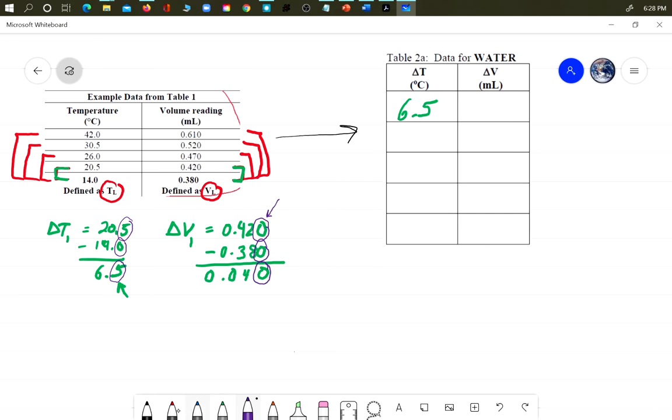So this would be bad, and I'll write it in red. You would never record it as 0.04, because this number has 10 times worse precision than this number. We know this one out to 3 decimal places, to the thousandth of a milliliter. This number we only say that we know out to the hundredth of a milliliter. That's 10 times worse precision. You do not drop trailing zeros after a decimal. So I can go back in here and write that out, 0.040